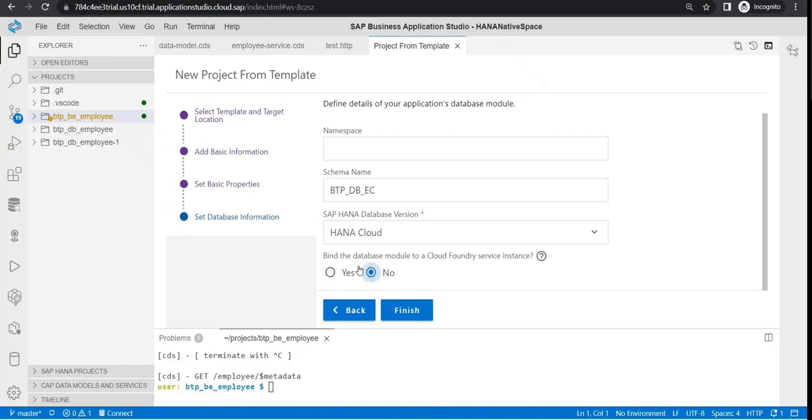And we would be right now not generating any Cloud Foundry instance. If we generate like this, we would have a HANA Cloud. Now, this is my schema name. If I just go one more step further,